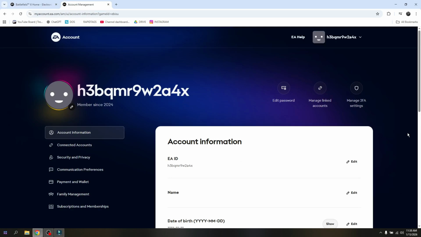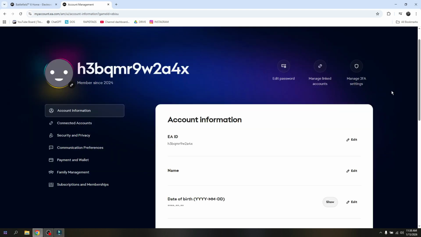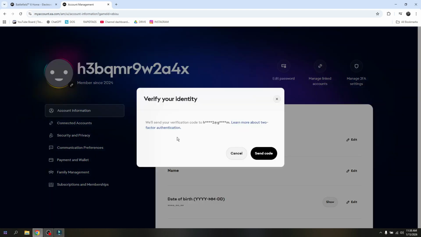So once you've successfully logged in, click this option here, which will be visible on your profile picture, and click on Account Settings. From here, your EA ID is actually your display name. For you to be able to change this, just simply click on this edit option, and then EA will provide